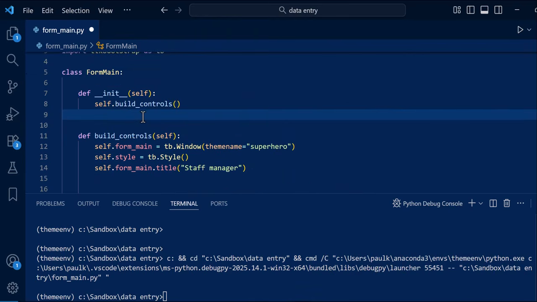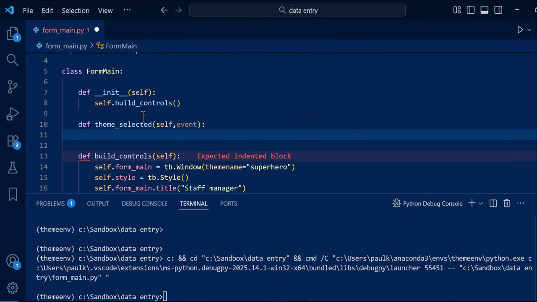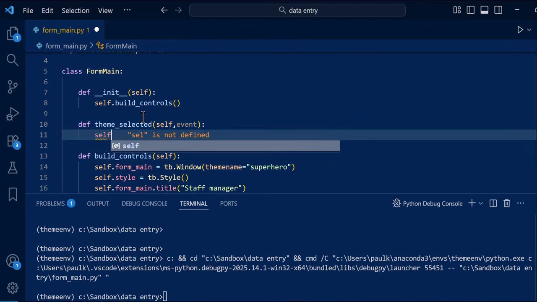Sorry, create that function right now. It always takes a self, and it takes an event as well. So when you bind something like this, it takes an event as a parameter. So you just have to give it that event. And then we'll basically say